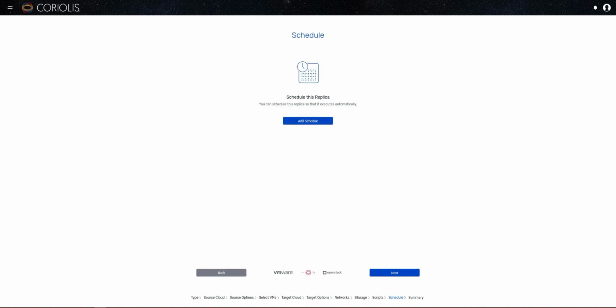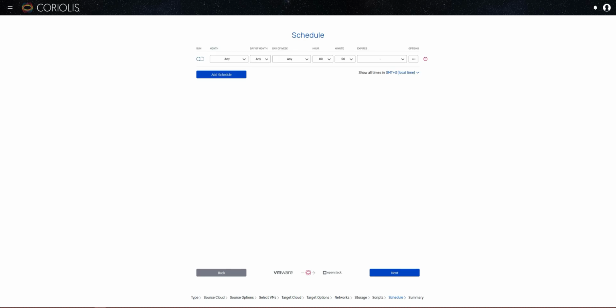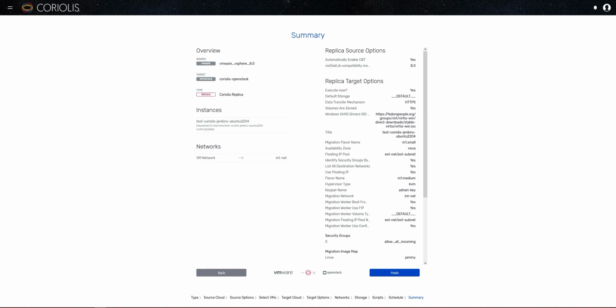When all the options are set, we can configure Coriolis to run incremental syncs at specific dates using filters as either month, day, hour, and expiration date, which will point to the last incremental sync to be performed. The last page before starting the replication is represented by the summary, which will provide us all the previously selected